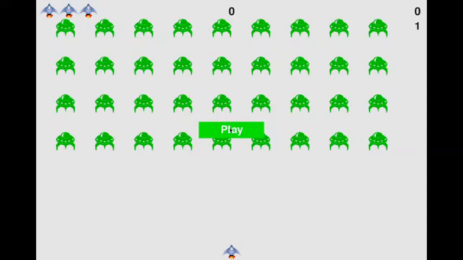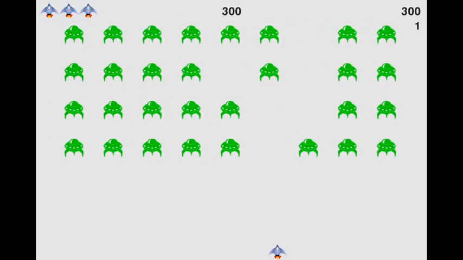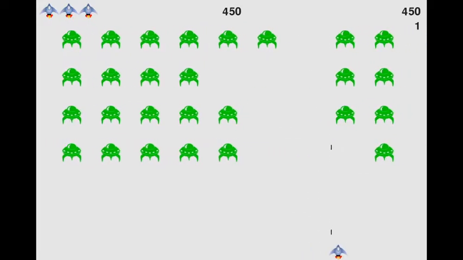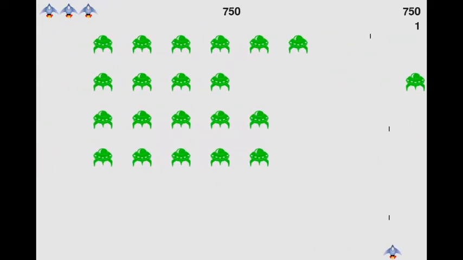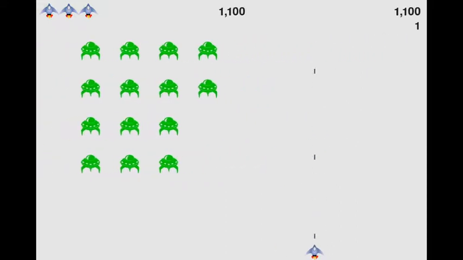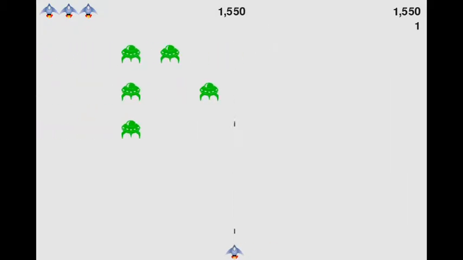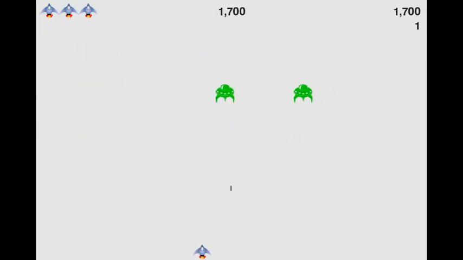The controls are left and right arrow for left and right movement. You cannot move up and down, and spacebar for shooting. As you'll see on the screen, there is numbers on the upper right corner. That is the score. It right now is going to be the same as the number in the middle top part of the screen, but